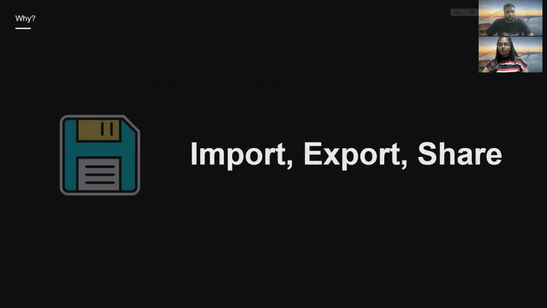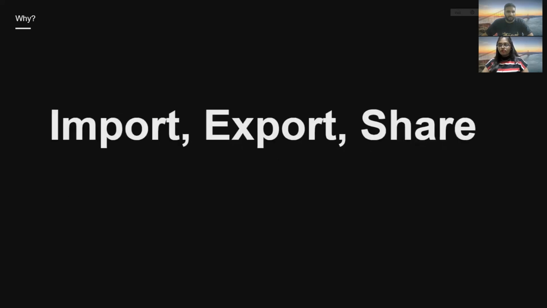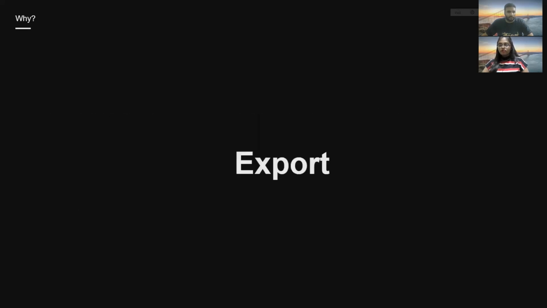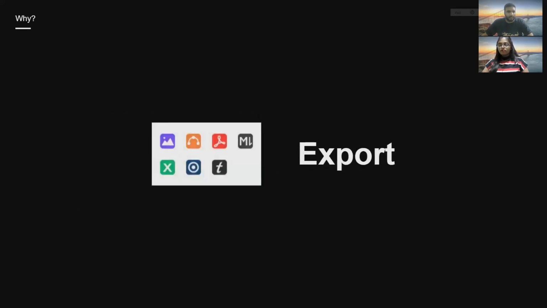It also supports a lot of facilities and options for import, export, and share. So let's look at the export first, where all you can export this. Xmind supports exporting the mind map into a PNG, a Word, a PDF, HTML, Markdown, Excel, or a document file. So these are all the export options that are available. You create one mind map and you can export it to multiple formats of whatever you want to use, and you want to share it with some other stakeholders.